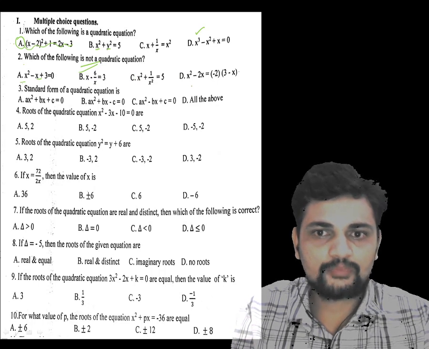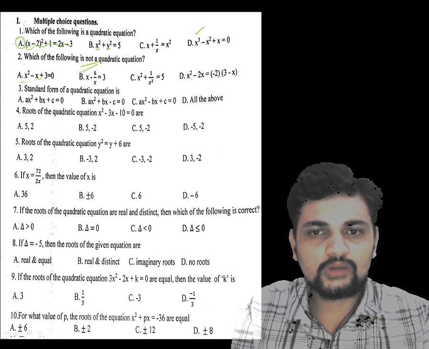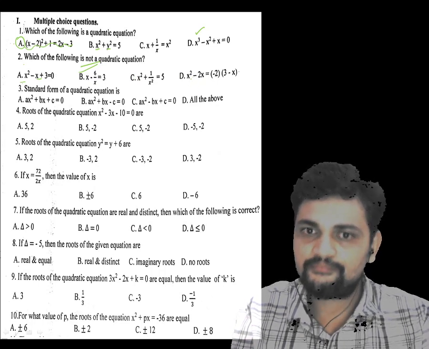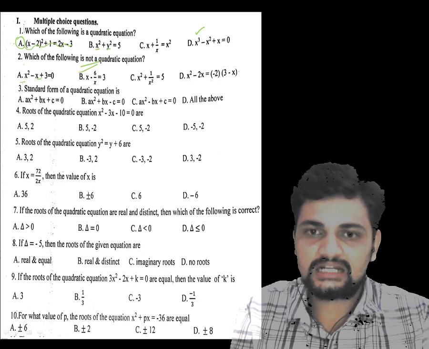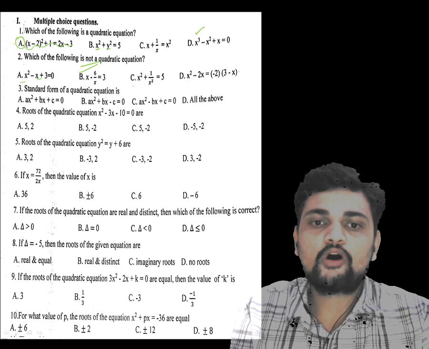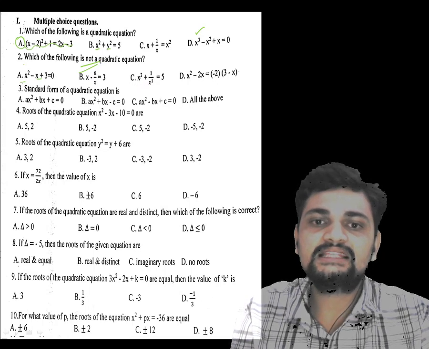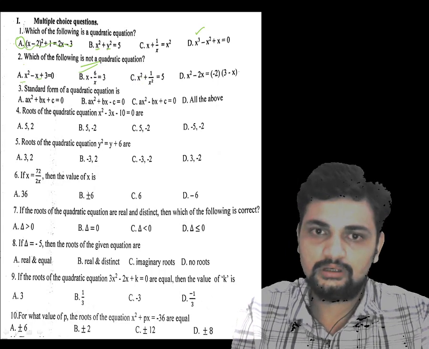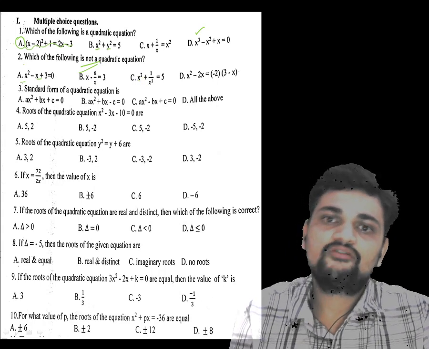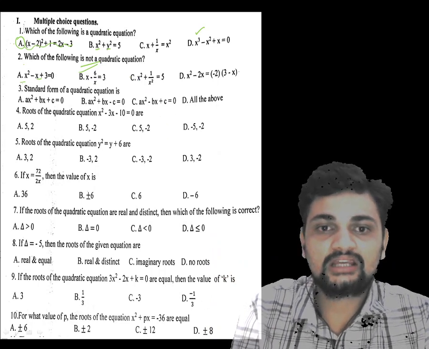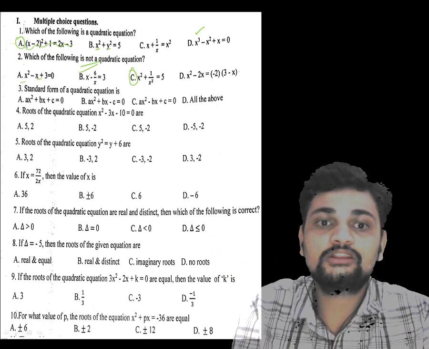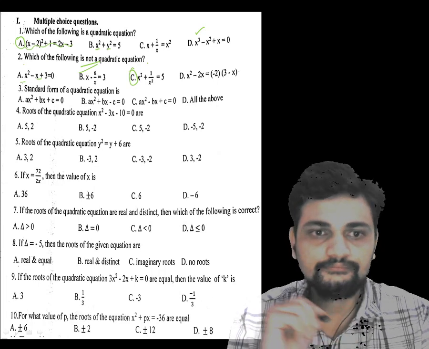And in option D also, x square is there. So maybe after solving this also I may get the general form of a quadratic equation. But the problem with option C is, if I take LCM, I will get x power 4 in the numerator. But in the quadratic equation standard form we have ax square. So without any calculation, again you can conclude that option C is not a quadratic equation.